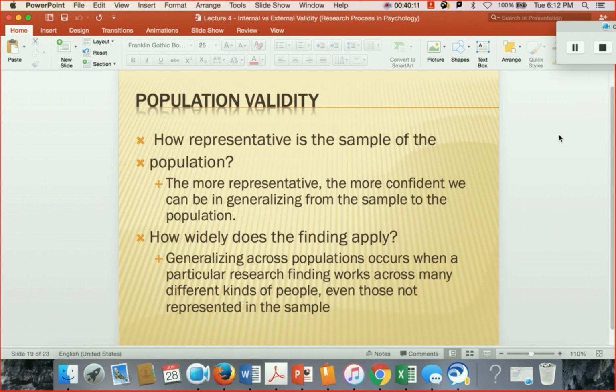Everyone with me so far? So the more representative I have my population, the more representative I have my sample of the population, the more confident I'm going to be able to generalize from sample to population. So the more confident I'm going to get that the sample and the work that my sample gave me generalizes